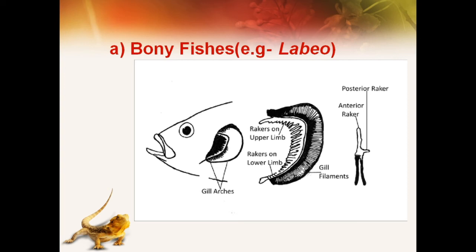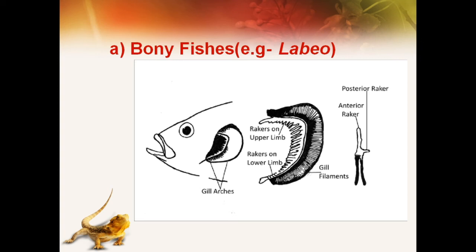The inner pharyngeal border of the basal visceral arch forms a comb-like hooked process which is known as the gill raker. Here on the inner surface you can see the gill rakers present. This is the rachis present on the upper limb, and these are the rachis present on the lower limb. This is a single structure of the rachis. Here you can see this is the anterior rachis and this is the posterior rachis. These rakers help to prevent the entry of food particles into the gill chamber, which interferes with gill respiration. The gills are highly vascular, which helps in the exchange of gases.